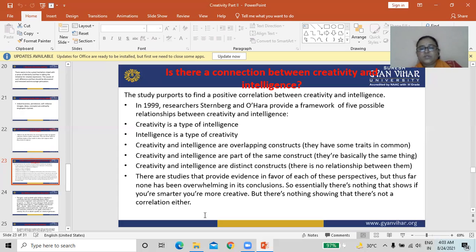Essentially, there is nothing that shows that if you are smarter, you are more creative, but there is also nothing showing that there is not a correlation either.